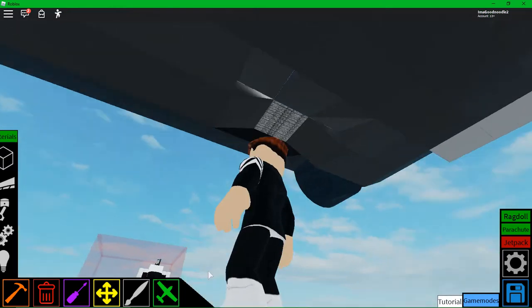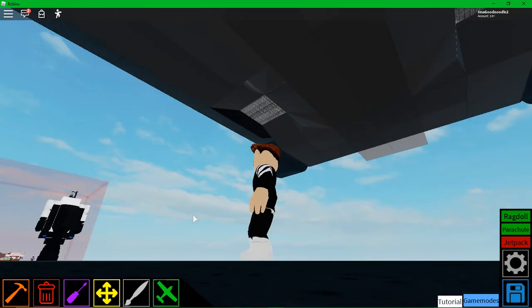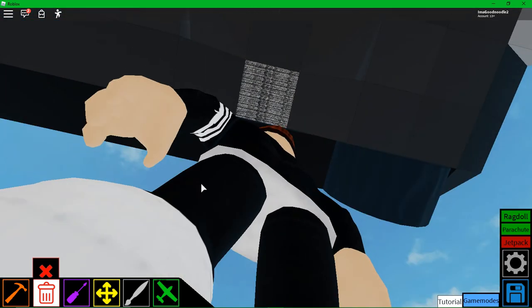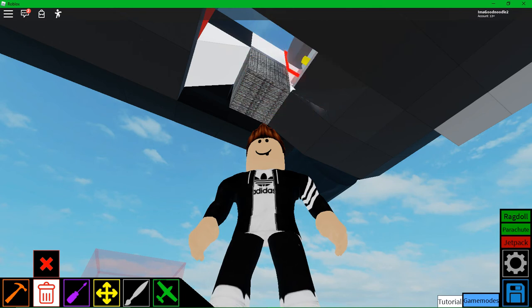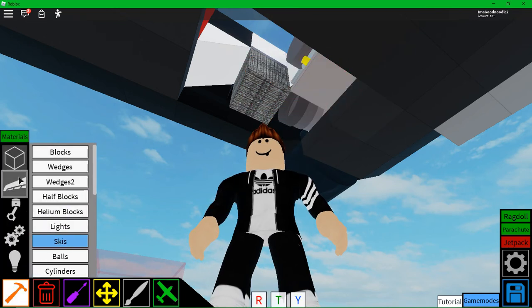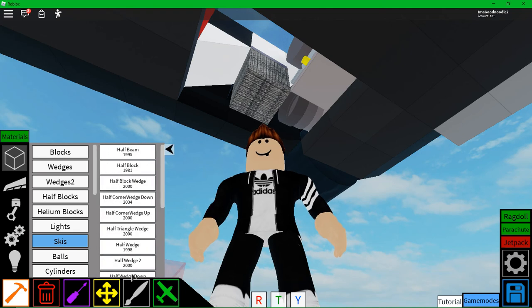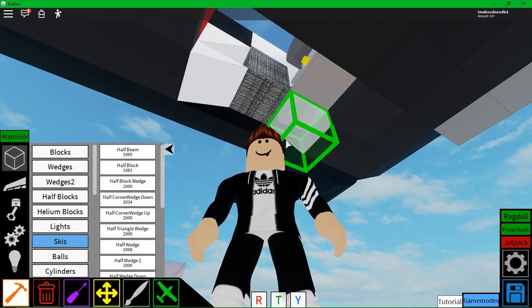But if you don't want to stop there, and you don't want it to get caught up on the blocks and stuff, you don't want it to take forever to retract, then I suggest doing this. So what you do is you destroy all of the blocks surrounding it. So if there's any blocks surrounding it, you want to replace them with this. So you want to go to half blocks. You want to click on half wedge down. You want to place one there, there,